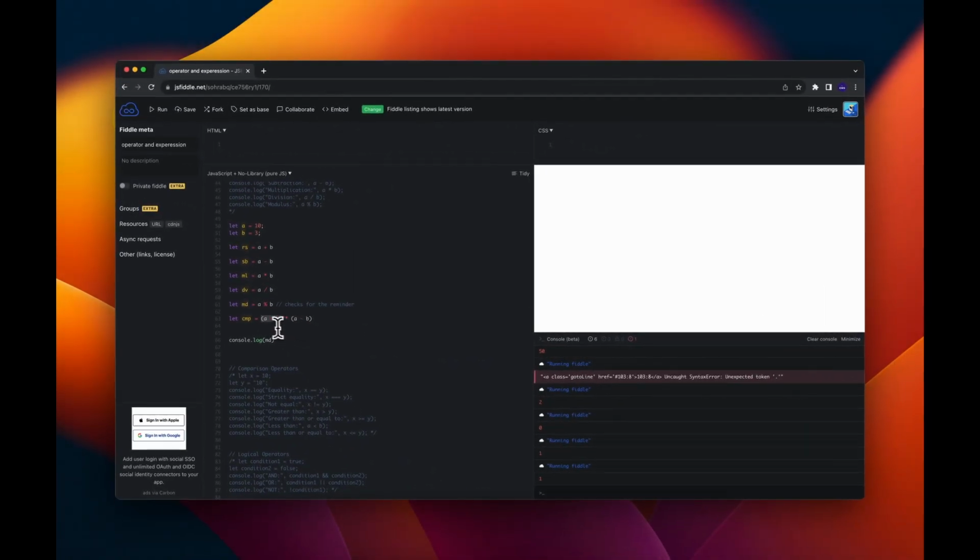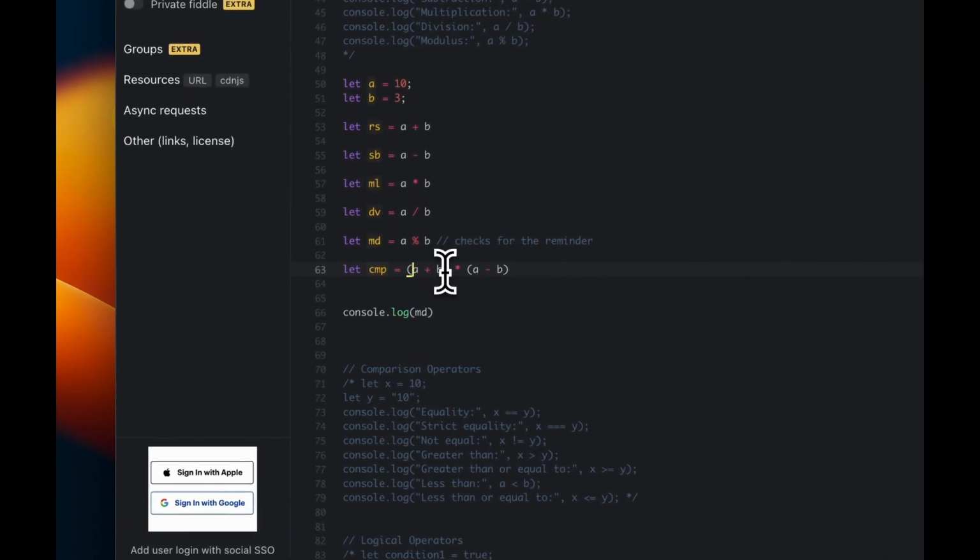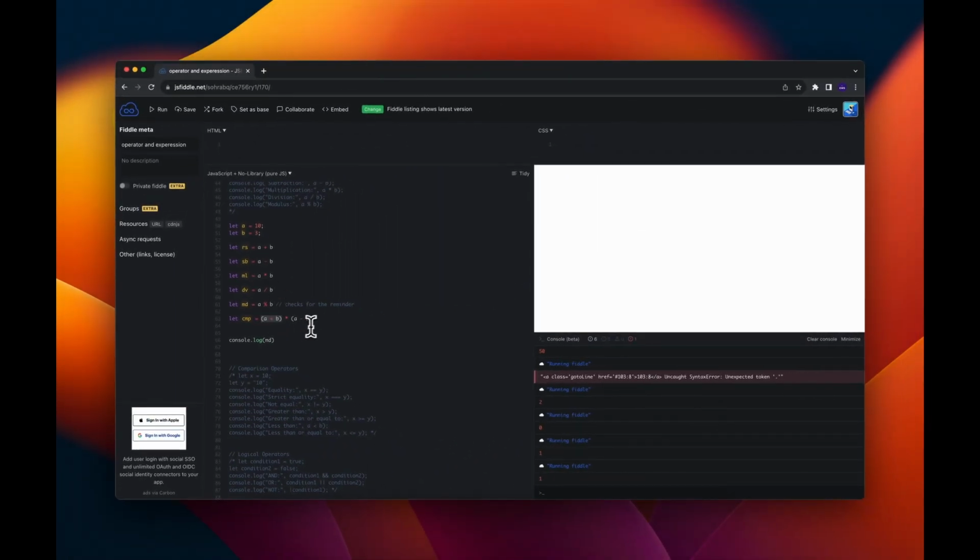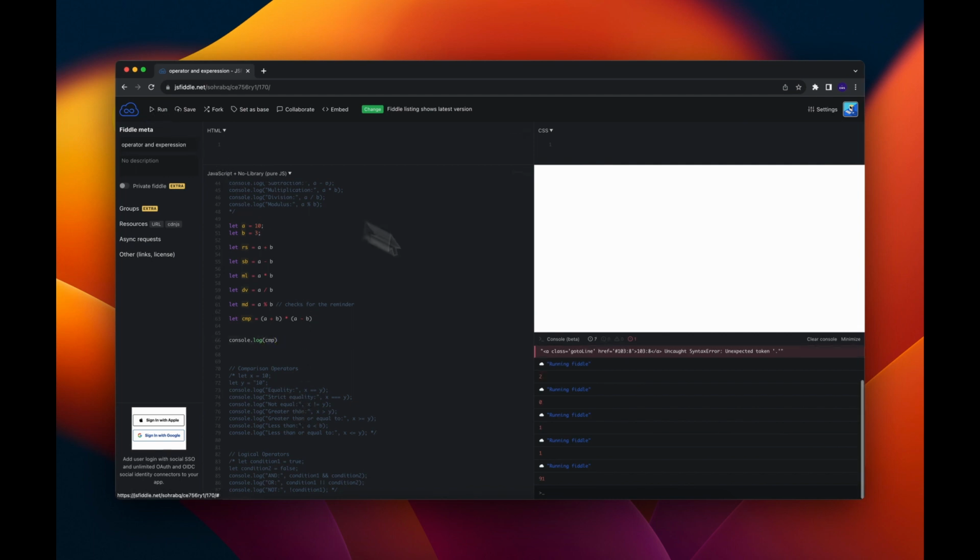If I'm not wrong, the values or variables inside the parentheses will be resolved first, and then it will get resolved as a whole. Now if I want to print the CMP, sorry, then I get